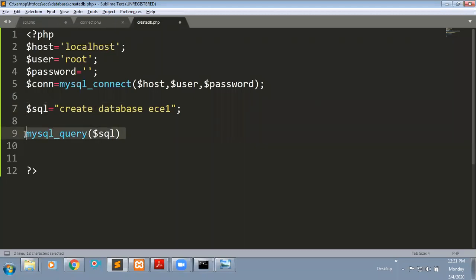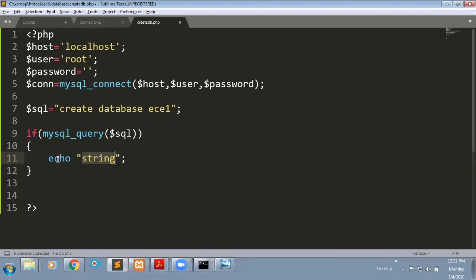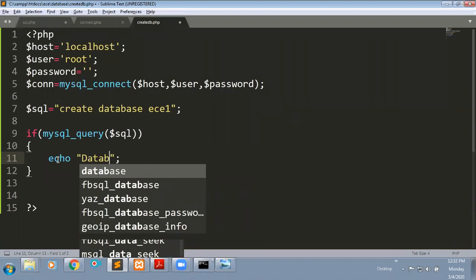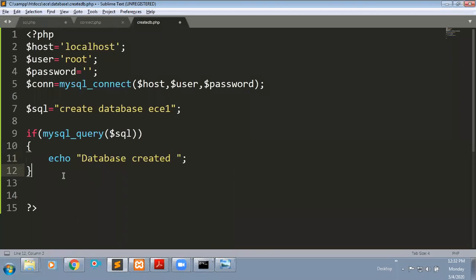What I'm trying to do is pass it within the if condition. If this query is executed, I'm just printing the message with echo, "database created", just checking whether it is created or not.